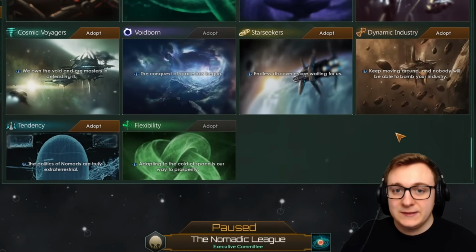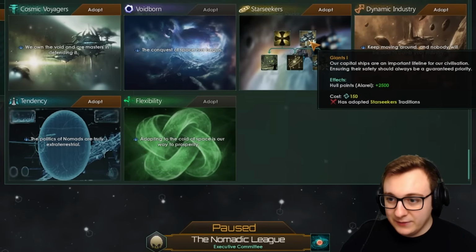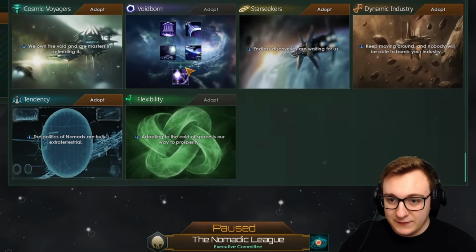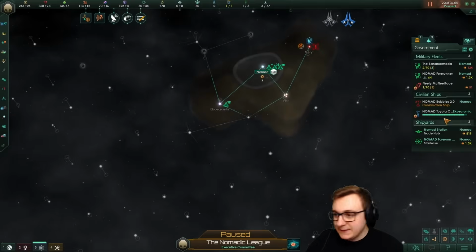We get loads of custom traditions. Now, I'm trying to look out for stuff that's good for our economy early on. Like Starseekers is giving us manpower growth, also gives us more hull points, and it also unlocks Voidborn, which reduces our empire size, gives us more manpower growth here, and will give us Dyson Swarms. Let's go Starseekers first and try and rush down the manpower growth, the buffs,